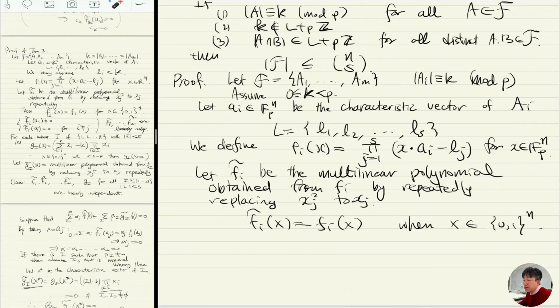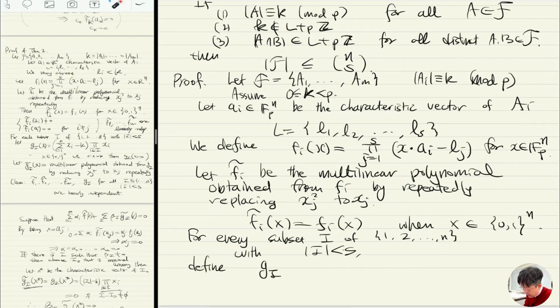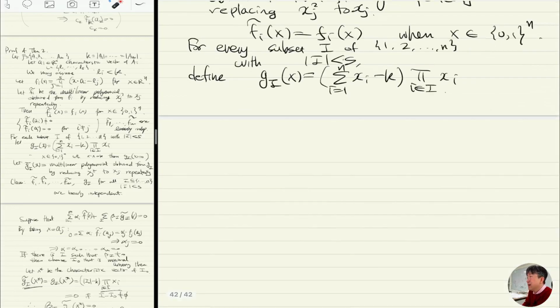So we again construct, for every subset I of 1 up to n with cardinality less than s, define g_I. Again, looks the same. Yeah, so I'm copying from the left hand side. Yeah, this is my polynomial g_I, and this is for x in this set. All right,